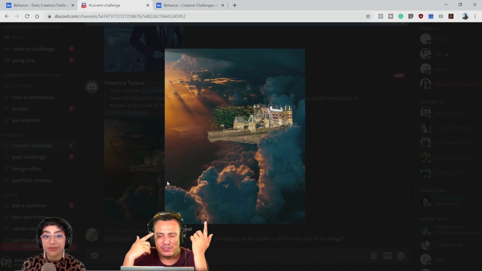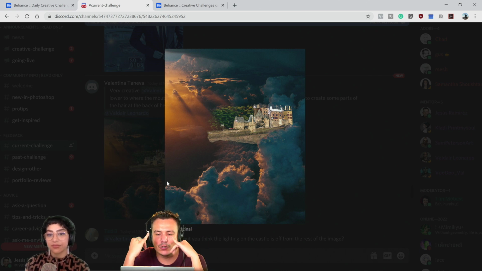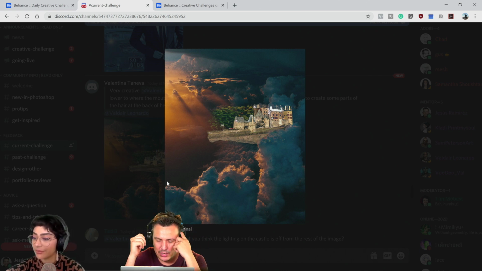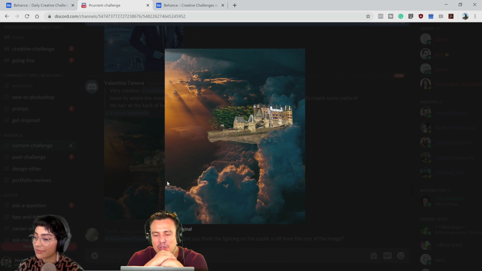I know it's sometimes difficult to see when you have color, which is why I like to create that check layer, quote unquote, to kind of just see the image. And if you can make a photo look good in black and white in a composite, then you'll definitely make it look good when you start adding color into it. So that was just basically a long-winded explanation to say just brighten up the castle.